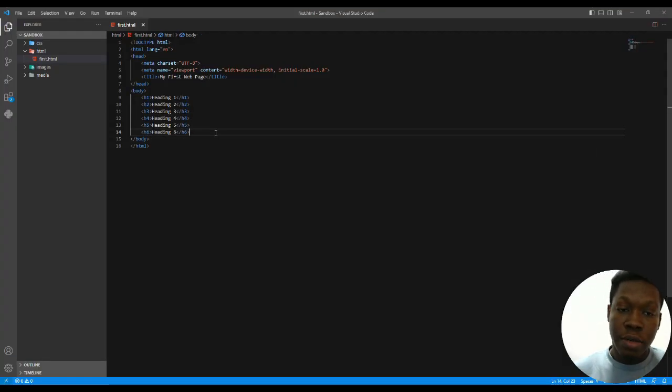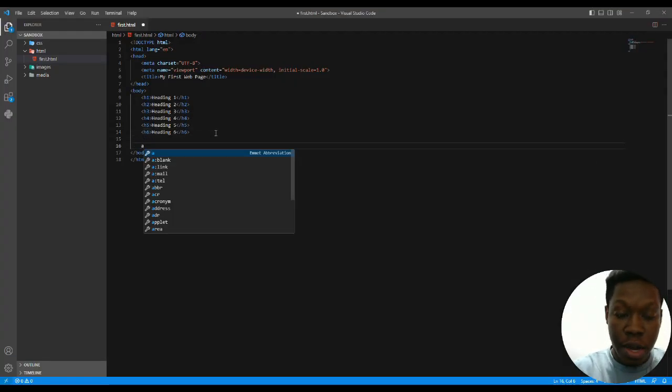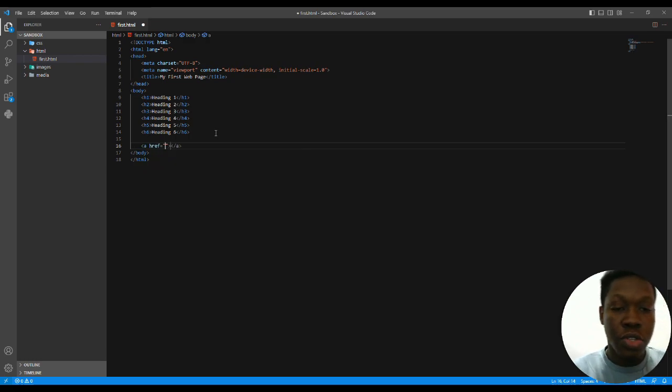The next tag we're going to be talking about here is the anchor tag. The anchor tag is used to specify links. If you want to link outside the web browser, or you want to link within files in your system, that's what link is all about. One of them is relative, one of them is absolute. If you're linking to a document in your system, that's a relative link. If you're linking to a link outside, let's say you want to link to youtube.com, for example, I put youtube.com in this href,